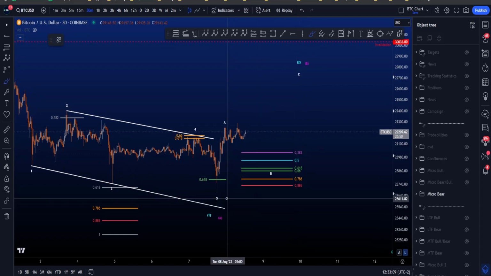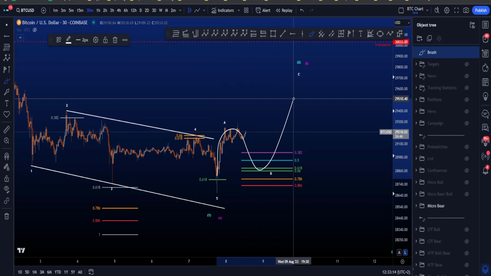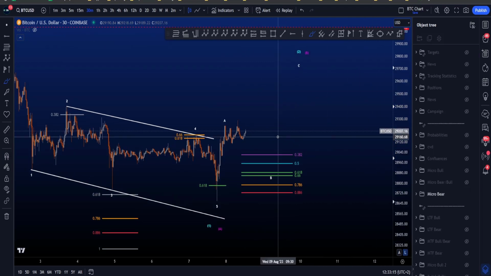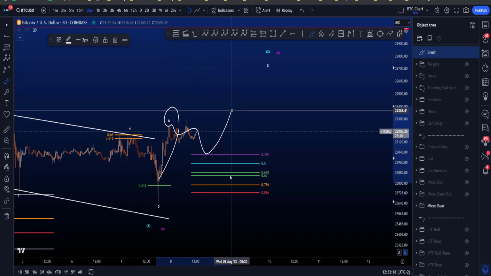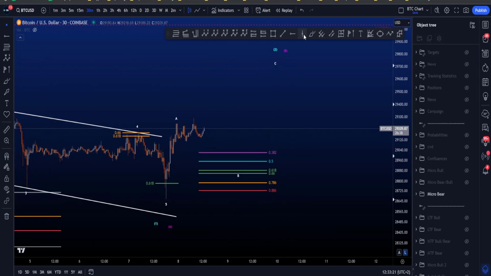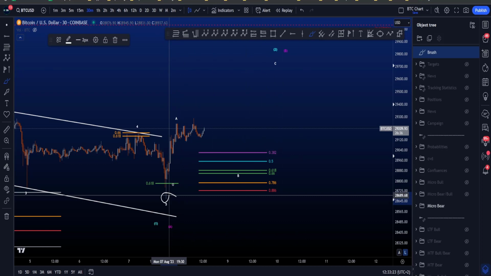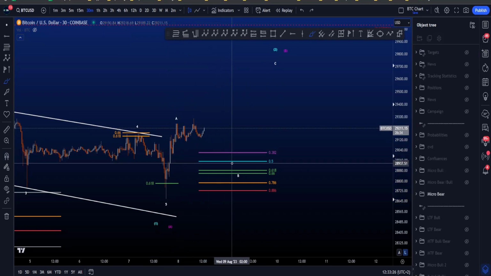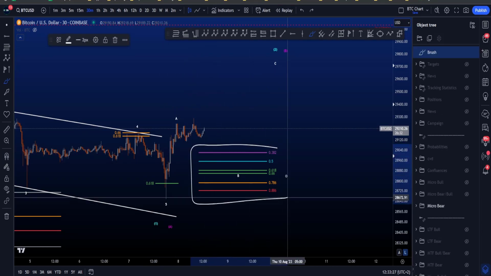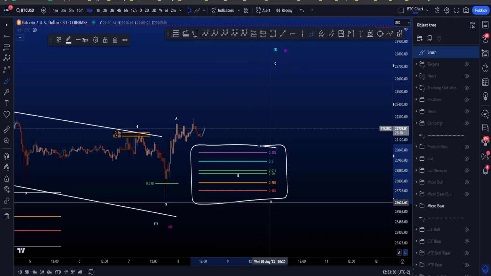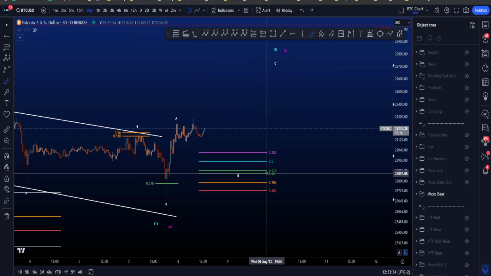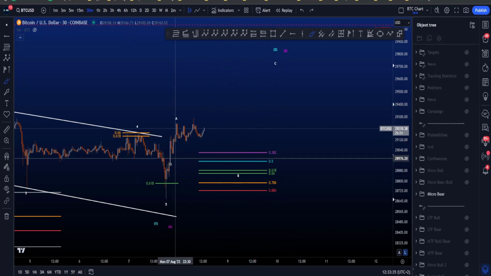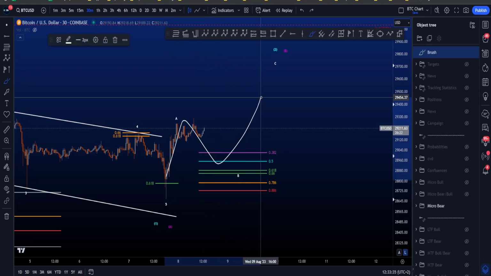But in this scenario you then expect this to be 1 or A, and then you'd be looking for a 3-wave structure to the upside in an ABC, which is a zigzag: a 5-wave move, a 3-wave correction, and then a 5-wave move to the upside. If we then take the fibs from the low to the high of wave A, then for a wave B you'd be looking for a retracement to at least a 0.382, but all the way to the 0.886 is still valid for a wave B retracement, and then you expect a wave C to the upside in a 5-wave